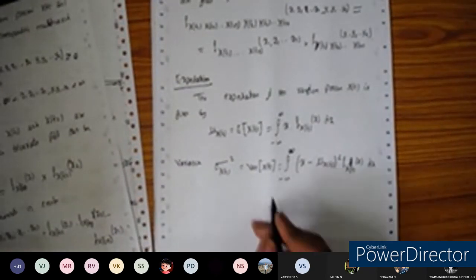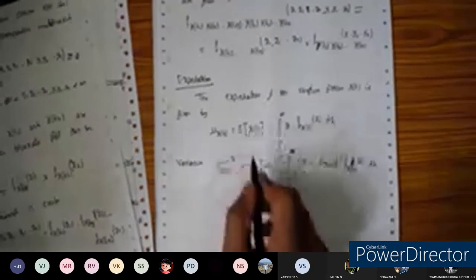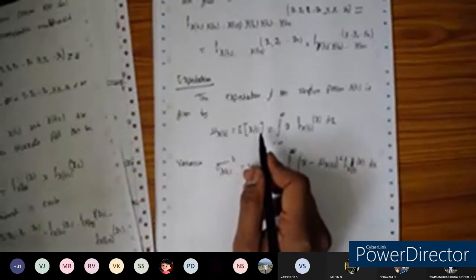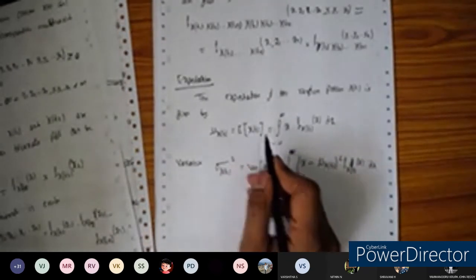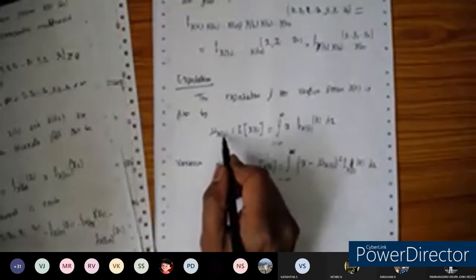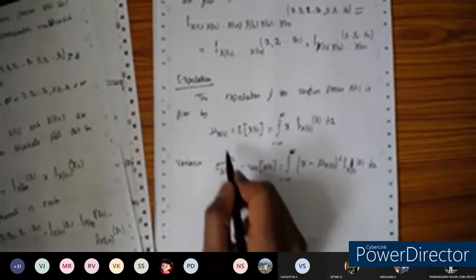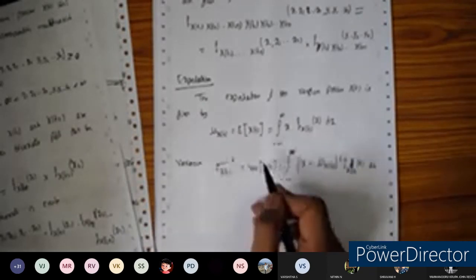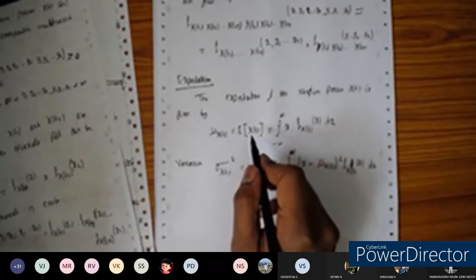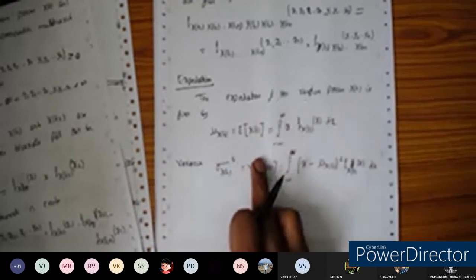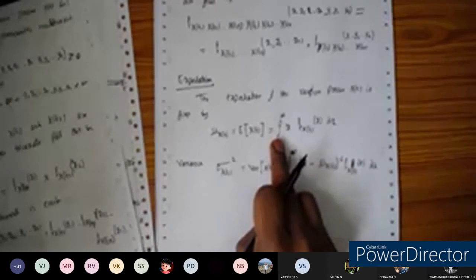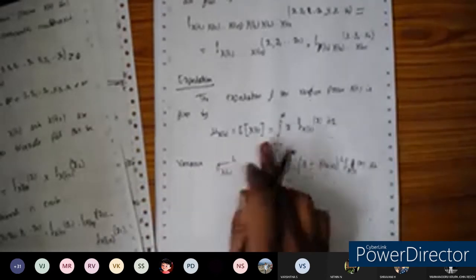Similarly, the mean and variance depend on the time t. If I substitute time t equal to t1, this becomes fX of t1, and if I substitute t equal to t2, we get the corresponding values at t2. So the mean and variance of the random process x of t depend on the time t. For example, if I define them at multiple different time instants, the mean is going to be like this.